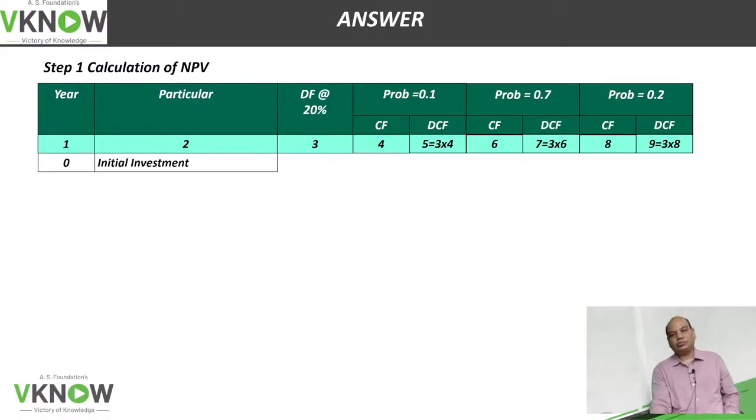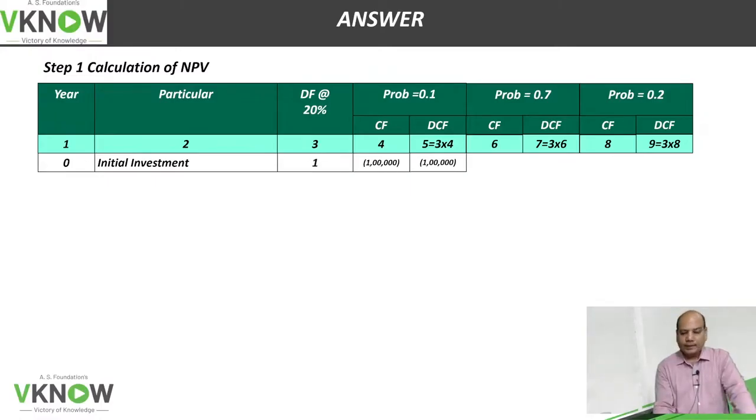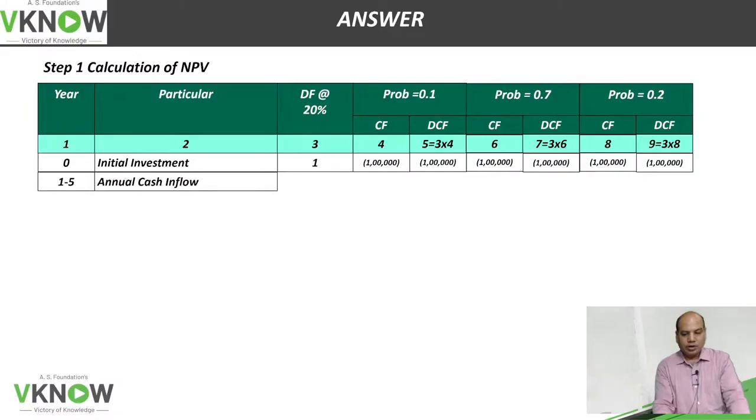Write down year 0. Year 0 initial investment. In this question it is 1 lakh. Write down 1 lakh, that will not change. 1 lakh is constant. Then write down annual cash flow. Annual cash flow would be, first you compute the annuity factor. 5 year 20% annuity factor, 2.9906. Cash flow would be 20,000, multiply